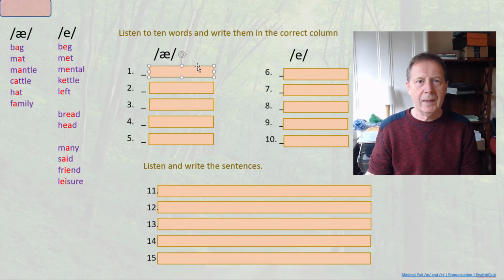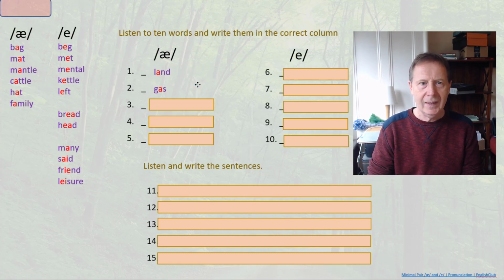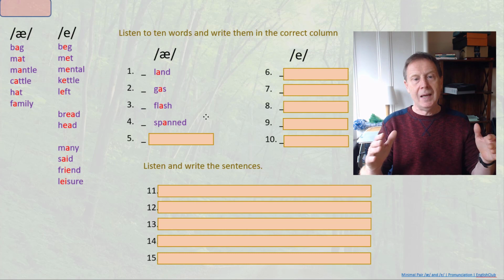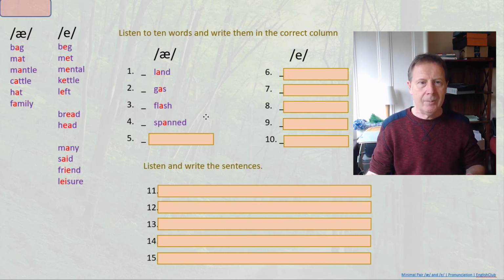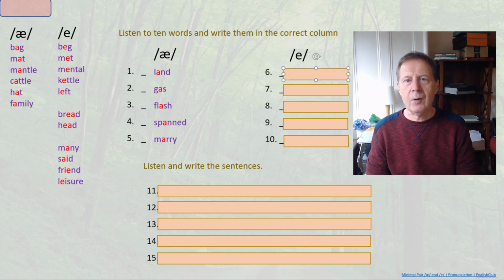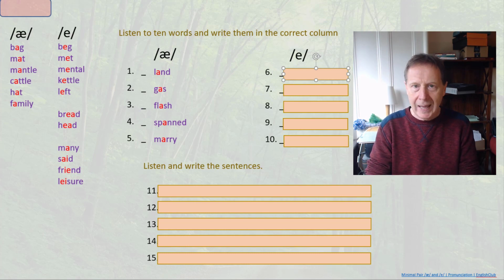Number 1 is land. Number 2, gas. Number 3, flash. Number 4, spanned. Now this is the past tense of the verb span. Number 5, marry. Number 6 is the first one with the sound e and the phoneme e, and the